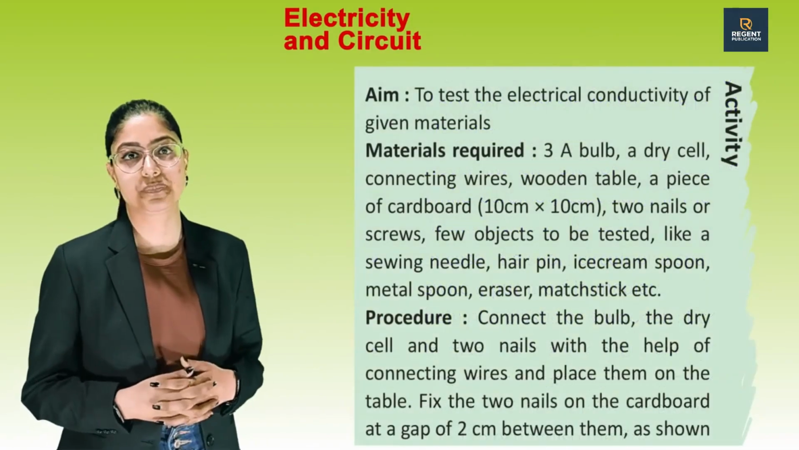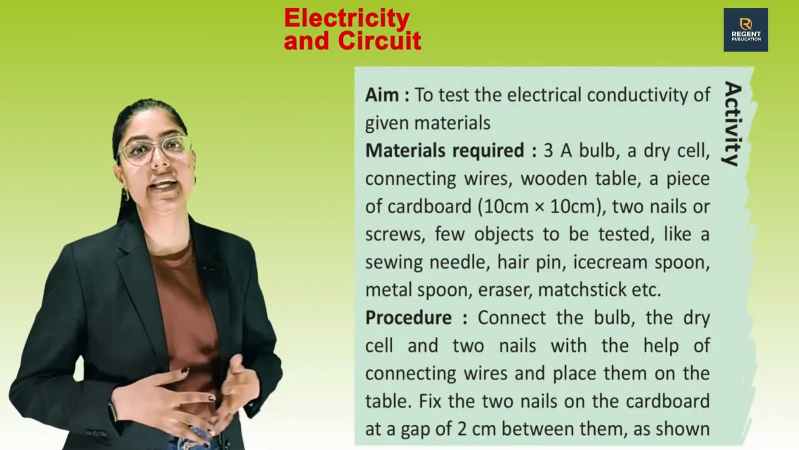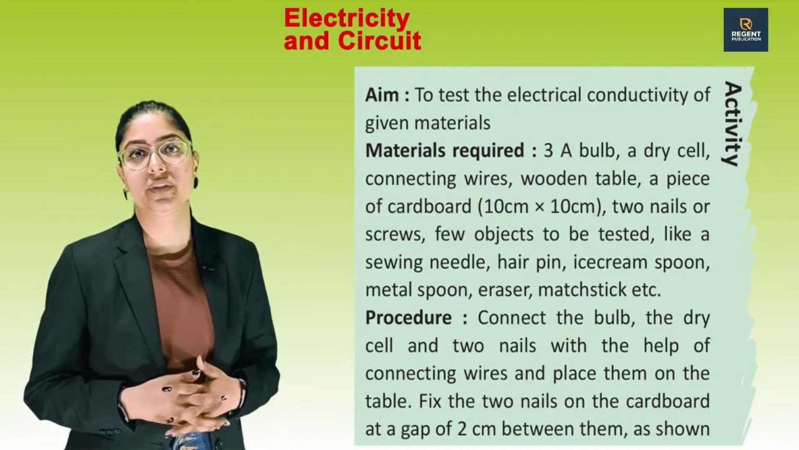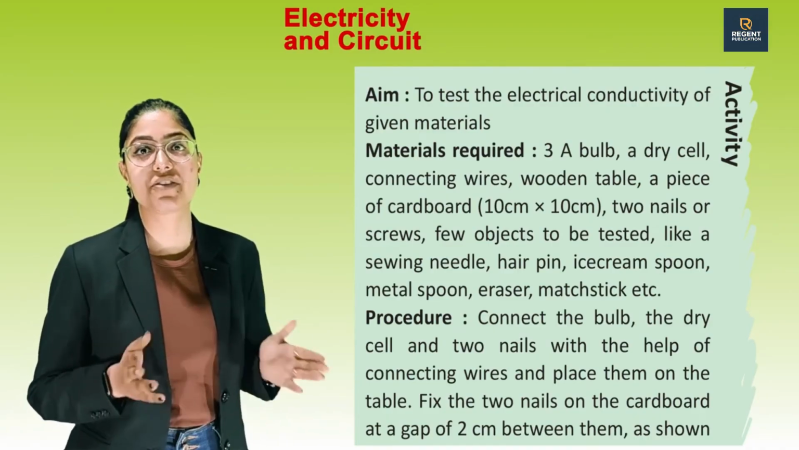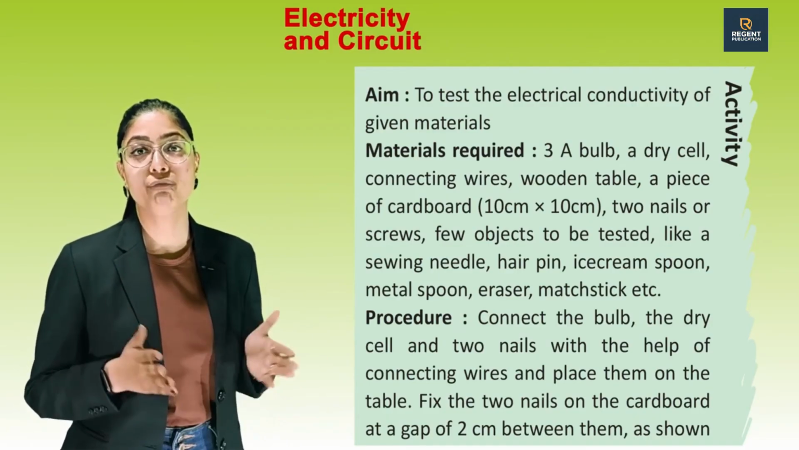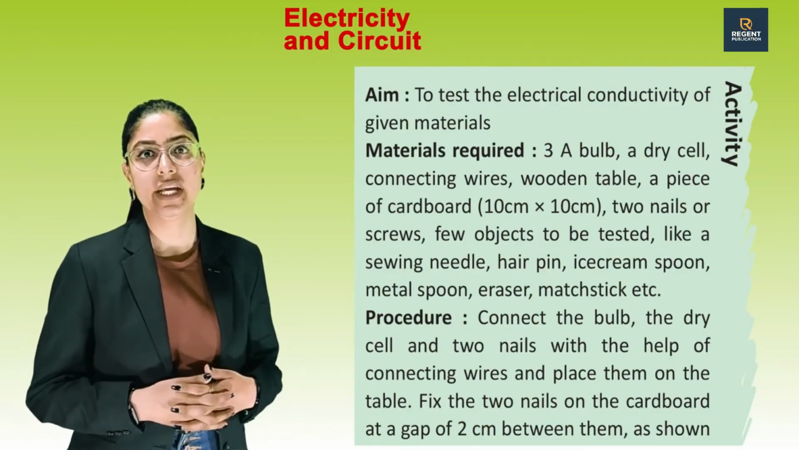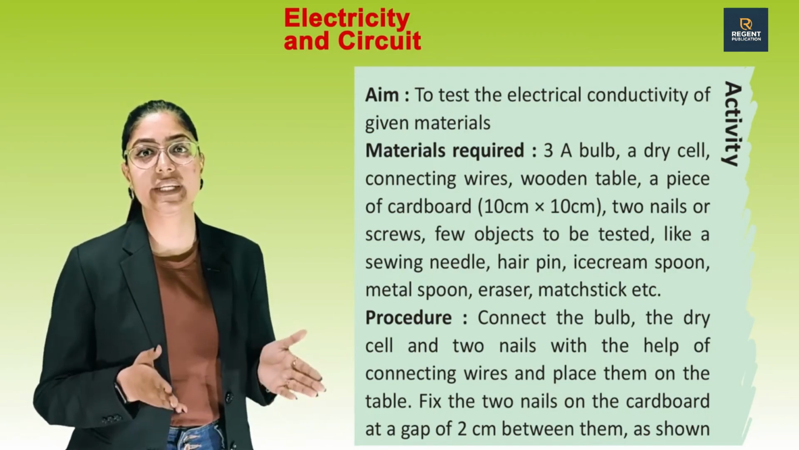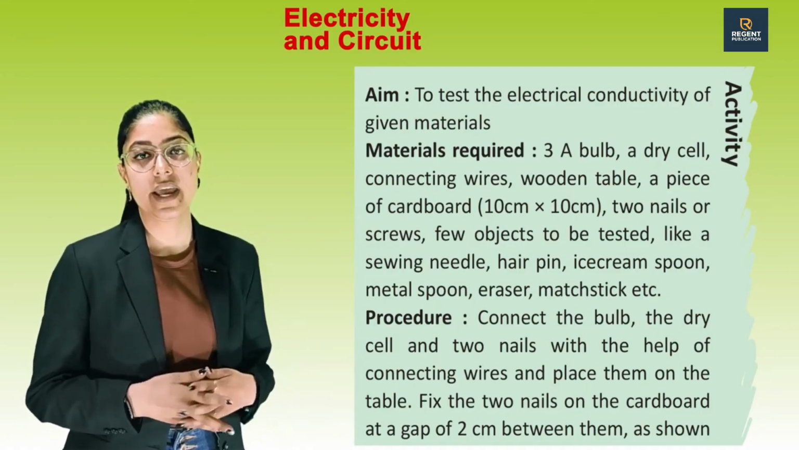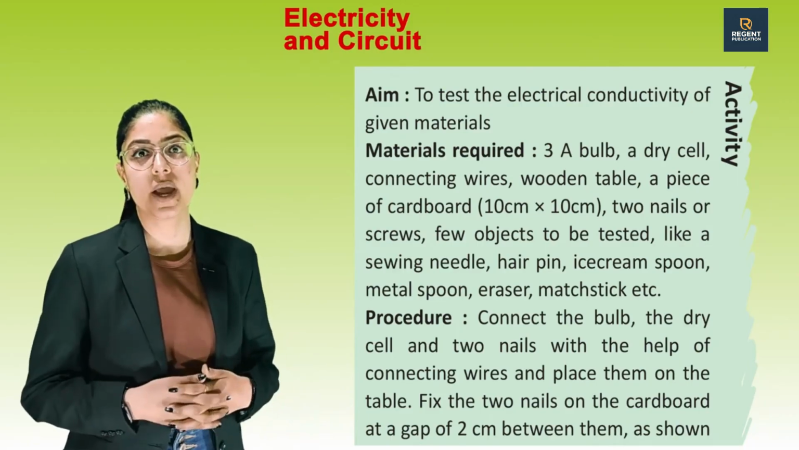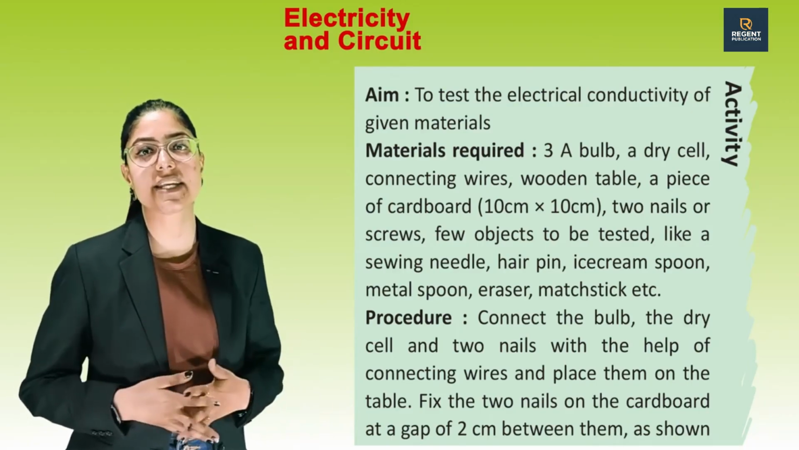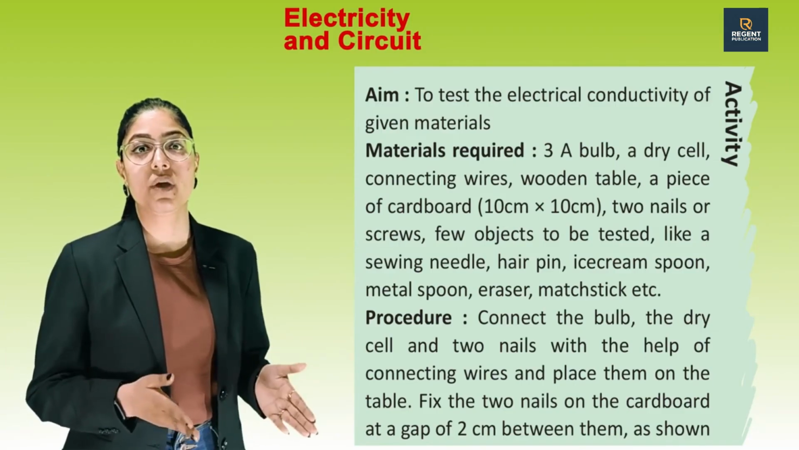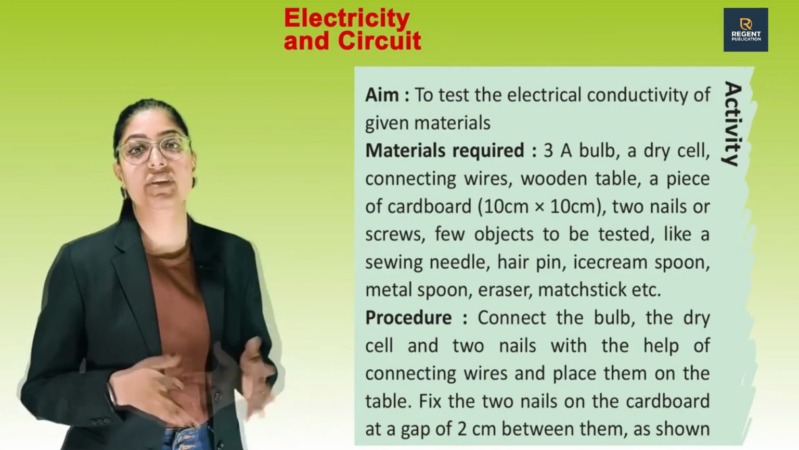Let's see an activity. Aim of the activity: to test the electrical conductivity of given materials. Materials required: a bulb, a dry cell, connecting wires, wooden tape, a piece of cardboard 10 cm by 10 cm, 2 nails or screws, few objects to be tested like a sewing needle, hairpin, ice cream spoon, metal spoon, eraser, matchstick, etc. Procedure of the activity: connect the bulb with dry cell and 2 nails with the help of